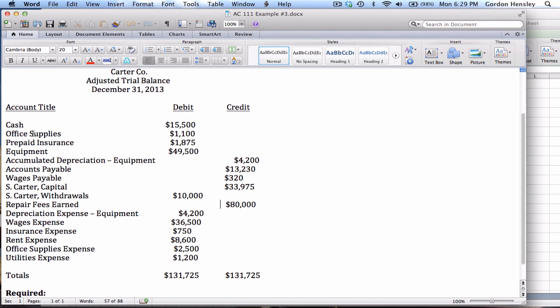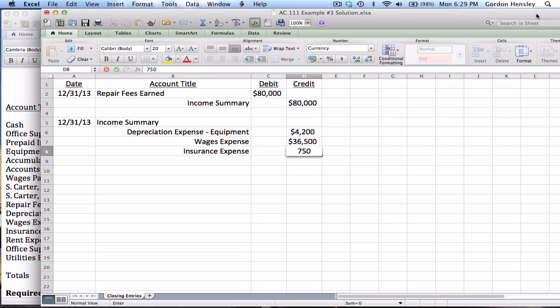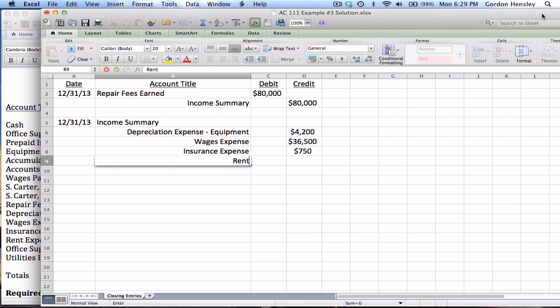Then the third expense, insurance expense, and a balance of $750. So insurance expense, $750. The fourth expense that they had, rent expense, and it had a balance of $8,600. So rent expense,